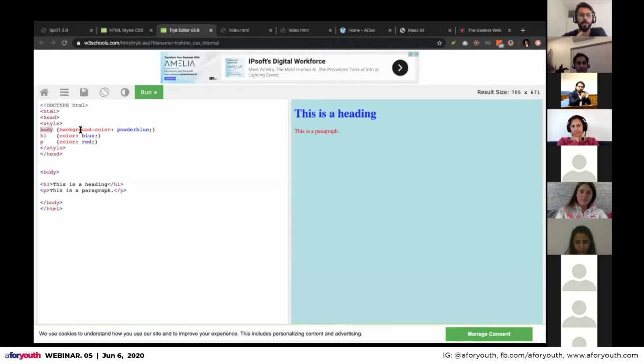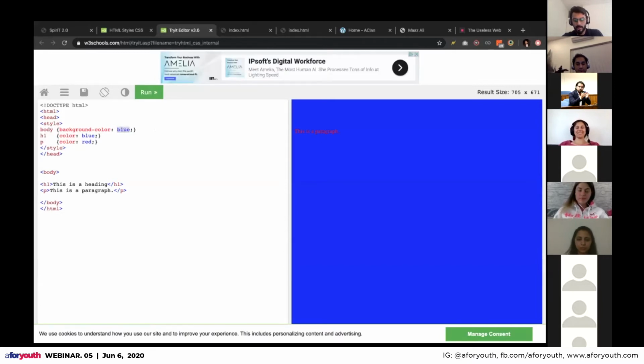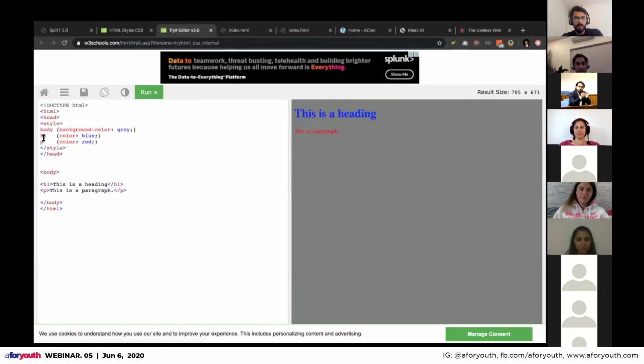For body, we provided a background color, which was powder blue. We can do blue as well. Let's do blue, and then it will be like this. But yeah, we can do gray as well. Yeah, cool.